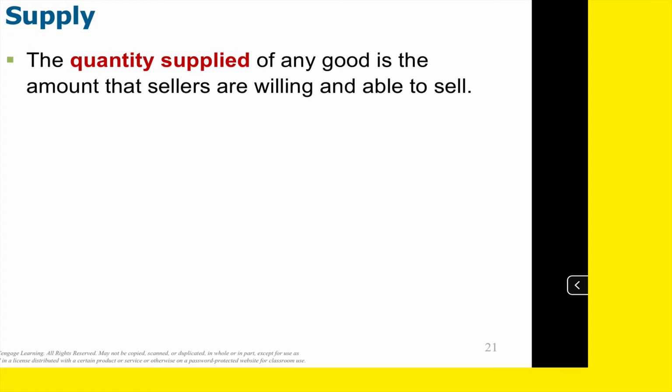How many bags, remember that was a big bag of peanut M&Ms, right? How many bags do you suppose M&M Mars would be quantity supplying at 50 cents a bag? Why? Because of price, they're not benefiting as much. They might be able to sell them, but they would not be willing. What at a penny a bag? Zero. Right? They'd be able, but they would not be willing. They wouldn't be in business very long if they were.